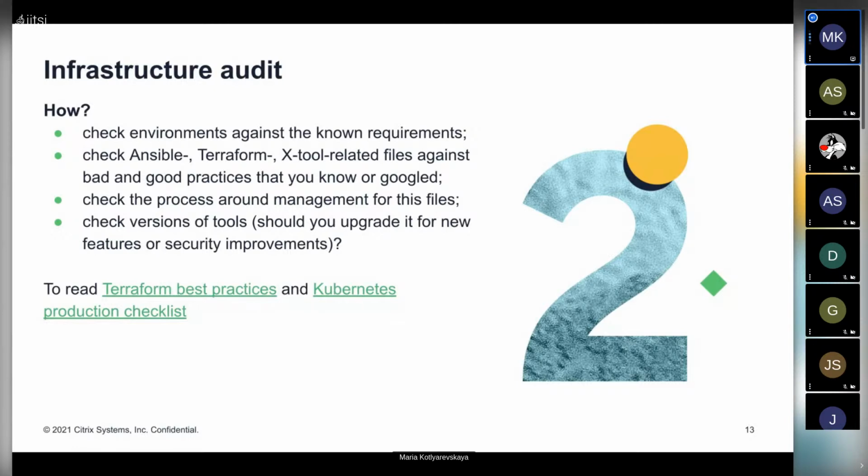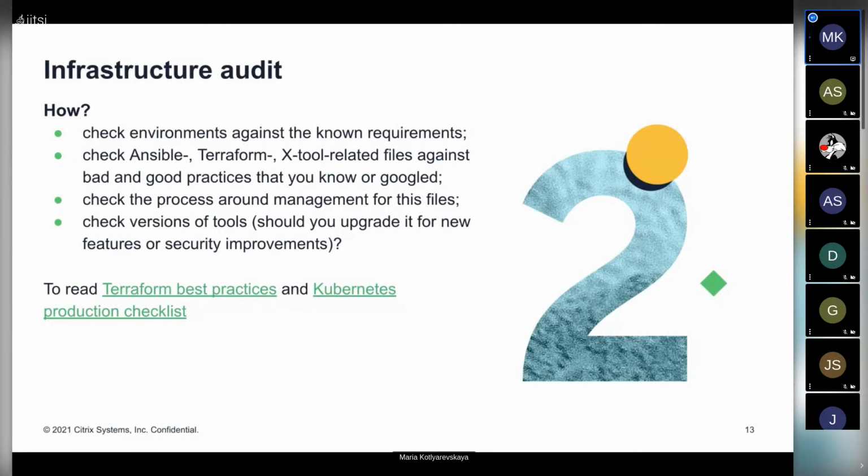Also, it's very common that those tools, those infrastructure services, are not a very fresh version, right? It's like they were updated only once at the project start, and that's it.